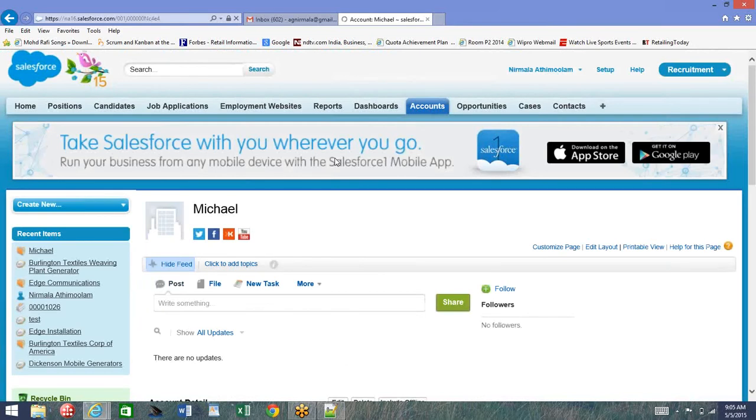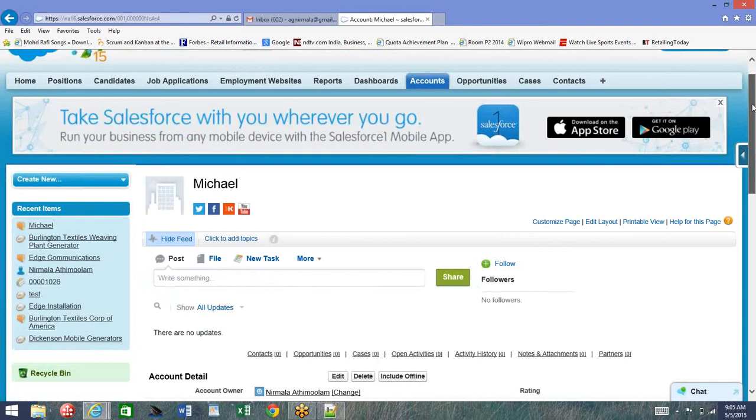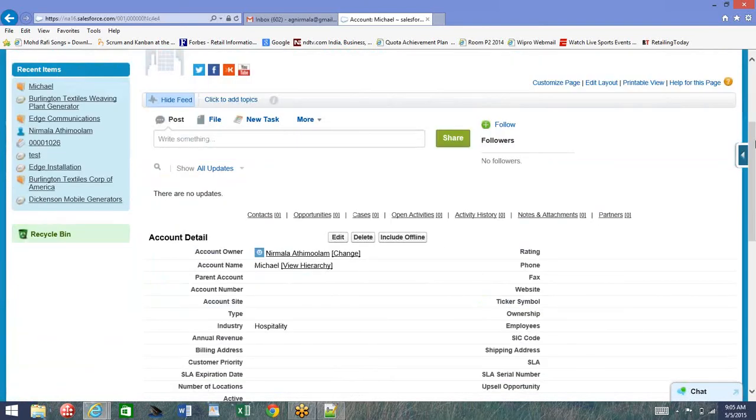Now what I want to do is, whenever I am creating an account with the education industry, let's say I want to make sure that description is updated to education account. So if we have thrown an error, I don't want to throw an error. I just want to make sure that the description is updated to education account.